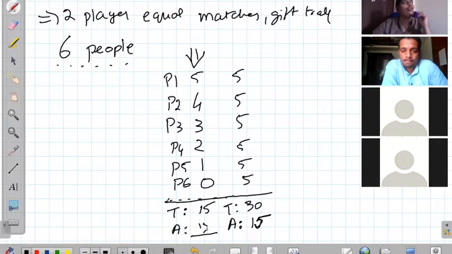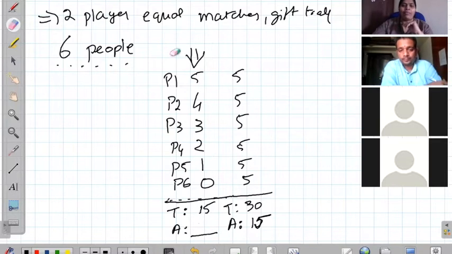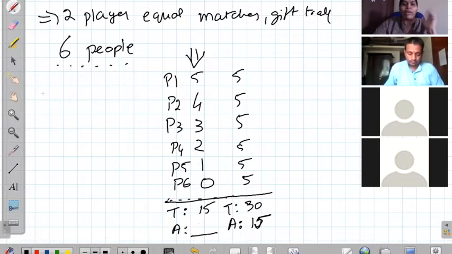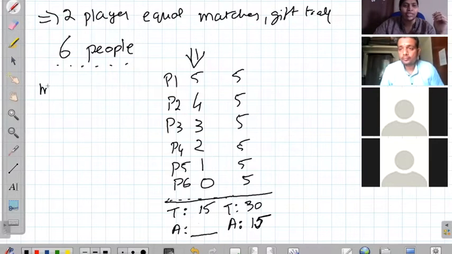Okay. So if I were to give it a twist, let's say each time a player plays a match, he gets a point. So no matter who wins or loses, whenever a player plays a match, he gets a point. So now we are not looking at just matches, we are looking at matches and points.